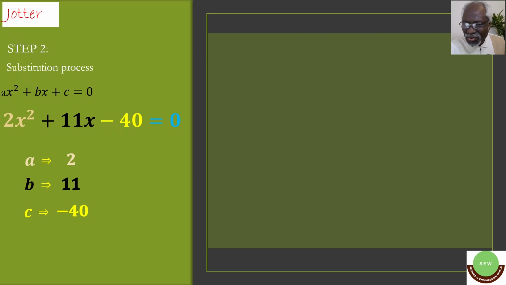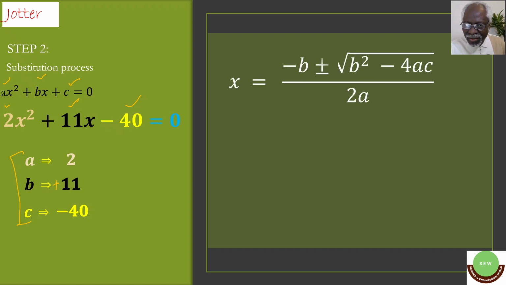Step 2 is the substitution process, and we have seen in step 1 that a is represented by 2, b is represented by plus 11, so the 11 we can just write as 11. Then c is represented by minus 40. So the next thing now is to bring all this into the almighty or quadratic formula, and this we want